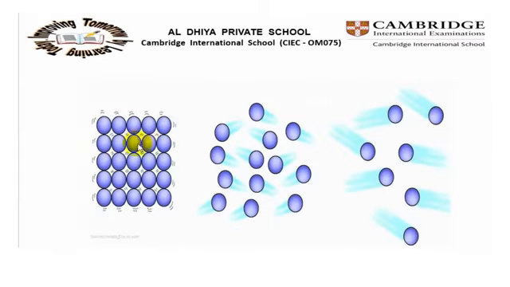What about the kinetic theory for solid, liquid and gas? For solids, the particles are not free because they are close to each other and held in a fixed location, so they vibrate in their position. In liquids, the particles move relative to one another, and in gases, the particles move rapidly with no attractive or repulsive force because they are far apart from each other, okay? Its volume is very small, and its kinetic energy increases with increasing temperature.